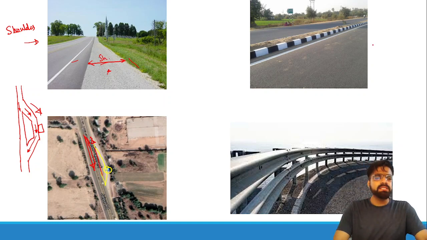In the second image, you can see that there is a white and black stone arrangement. These stones are known as curbs. These can be provided on the median side and on the footpath side. Where the footpath is provided, these types of stones are provided on the footpath side. Also, the space between here is the median. So you can certainly say that this carriageway is a dual carriageway.